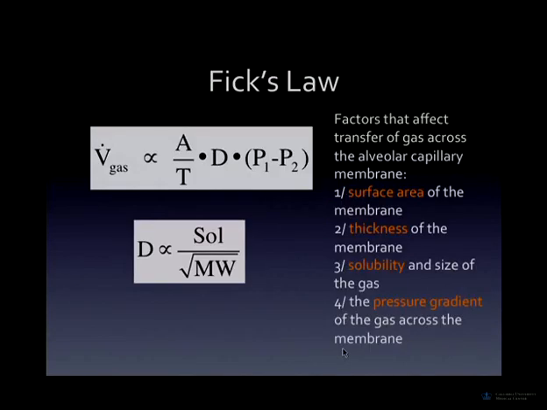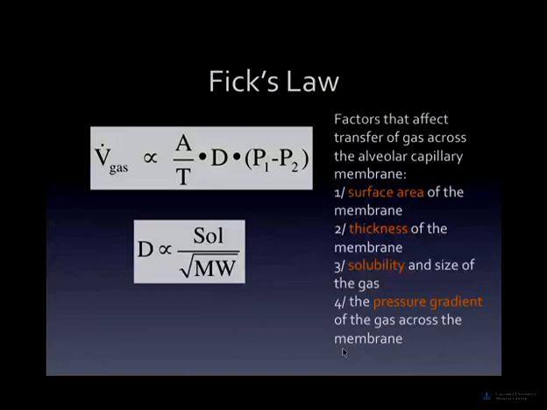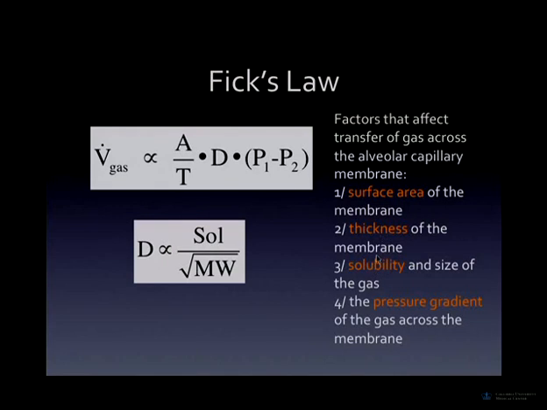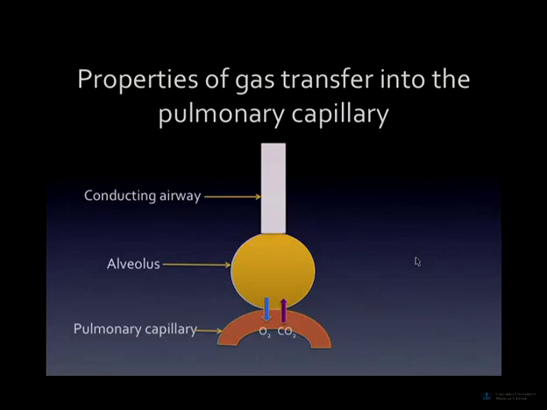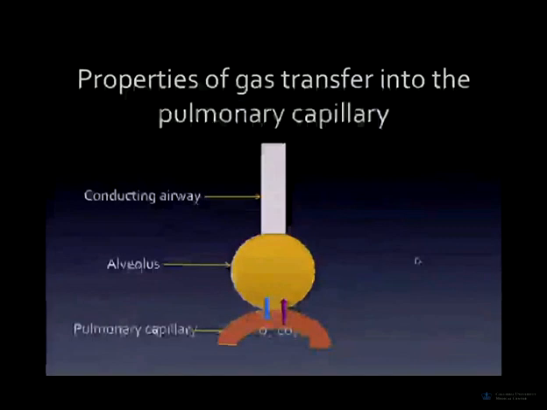essentially interchangeable values. Just to sum up, the factors that affect transfer of gases across the blood-gas barrier include surface area of the membrane, thickness of the membrane, solubility and size of the gas, and the pressure gradient across that membrane. Let's now take a look at some specific diffusion properties of different gases moving into the capillary from the